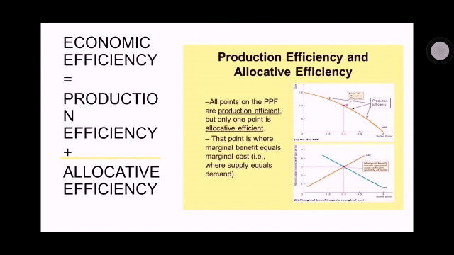Now allocative efficiency point is where marginal benefits equal marginal cost. That is where demand and supply are equal in the economy. You will be learning more about this in demand and supply. However, what you have to know is producing at this point is most beneficial to the economy. So when you combine both these types of efficiencies, you can find the economically efficient point. Now that's the final use of the PPC that has been discussed. I hope that you understood all the concepts, basics and uses of the production possibility curves.